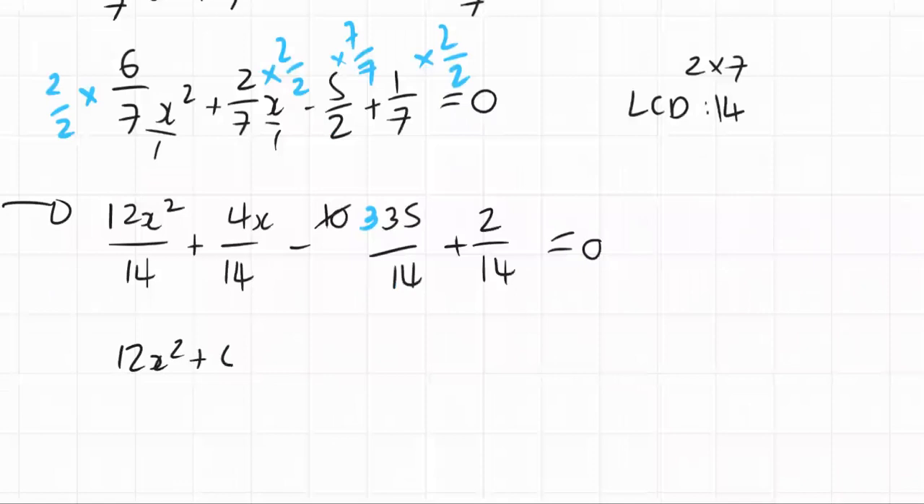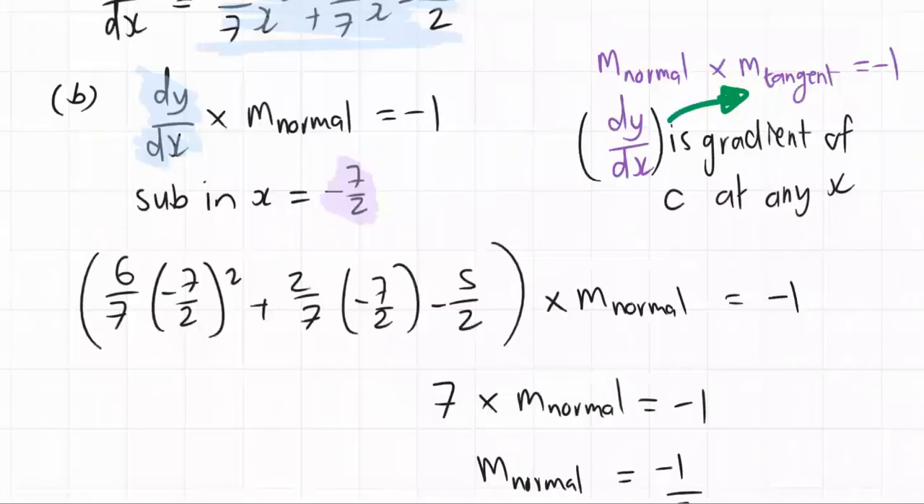12x squared plus 4x minus 35 plus 2 is negative 33. Drop the denominators. And this is the correct question. And we've proved that,